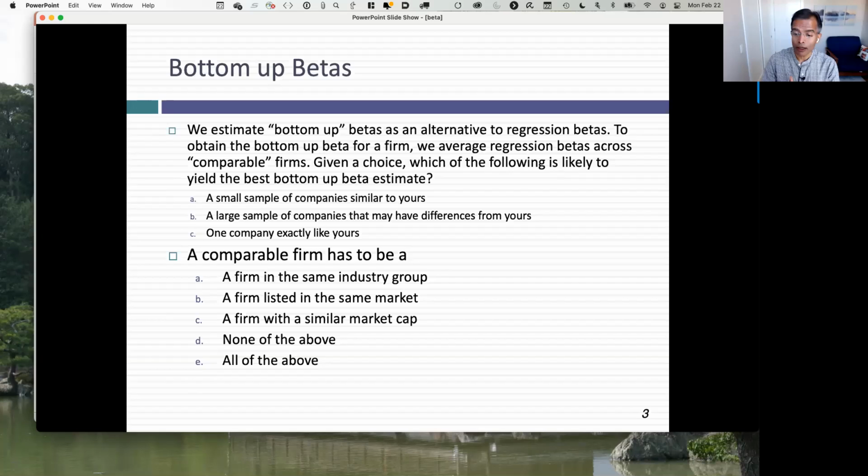It doesn't have to be the same country, it doesn't have to be the same size, it doesn't have to be even in the same sector if it's driving its revenues from the same business. So we'll talk about the mechanics of doing this, but today we're going to talk more about betas and alternatives. But this is one of the things that's going to come up: what is it about regression betas that's untrustworthy? And I'll give you my case. And then we'll